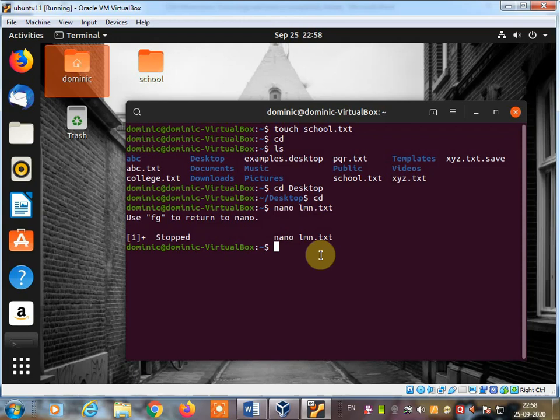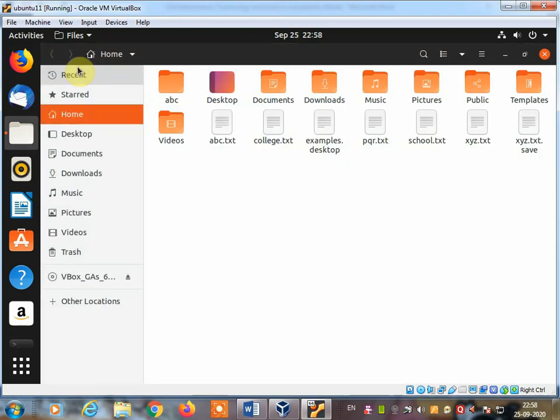Next command is cat command, which means concatenate command. Concatenate command is used to print the content of the file on the screen. So let's see the cat command and which file content you are going to print, that file name you have to give. Now look here, in the home directory there are so many files, but which file has contents?